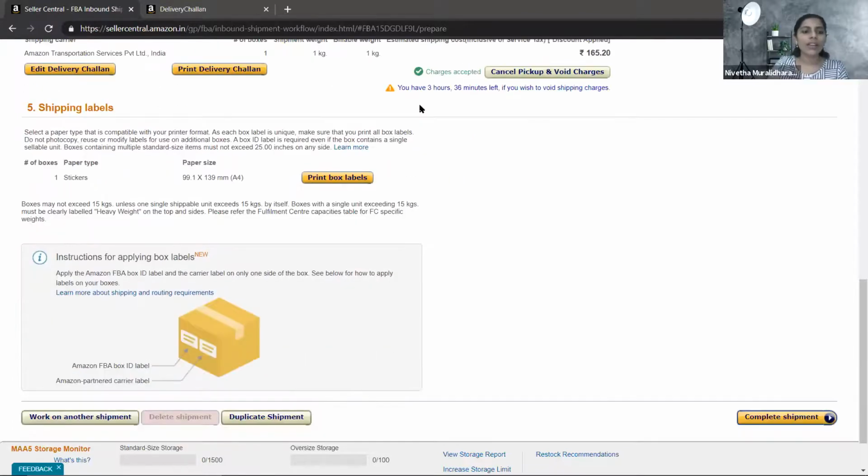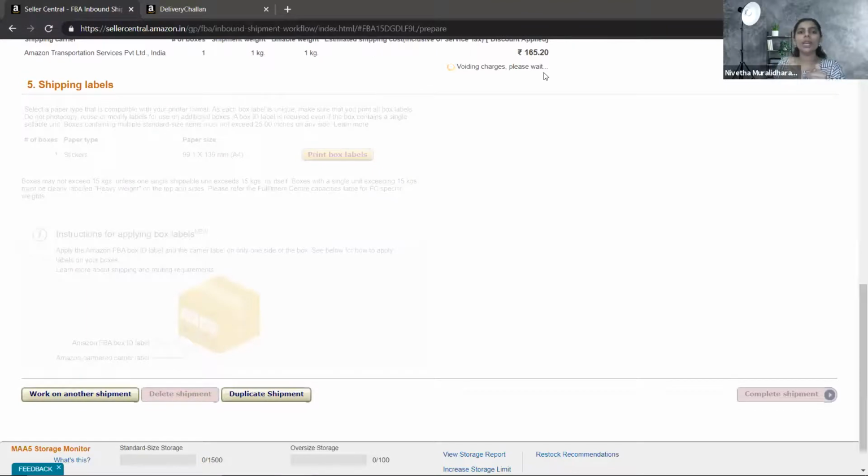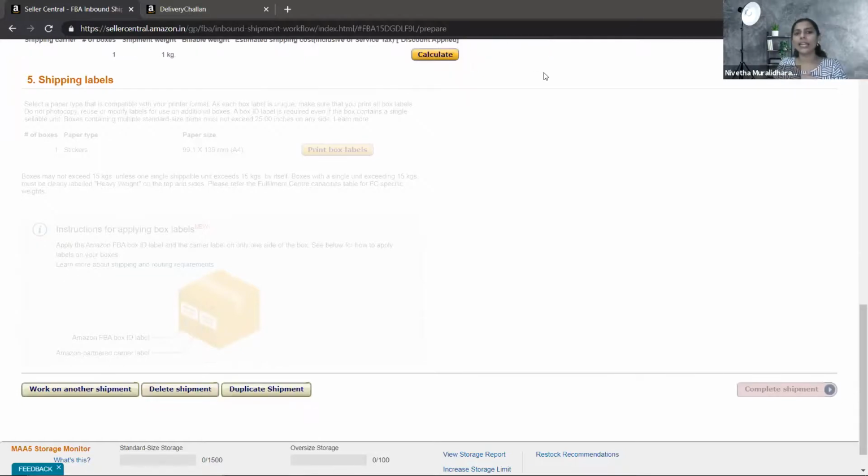So here you will have how you can print the shipping labels, etc. Okay. So this is the way that you can work on an FBA shipment. And I will click on this cancel pickup. Why I'm canceling is I created a dummy pickup, guys. So I will cancel it. Once I cancel it right now, there won't be any charges for me. Else, Amazon will actually charge me a very big amount because the courier guys have come to pick up and I cancelled it.